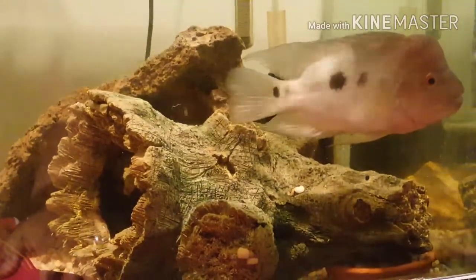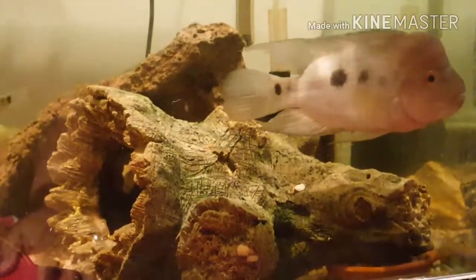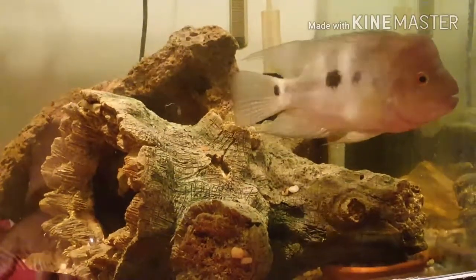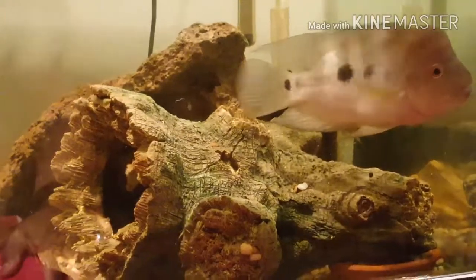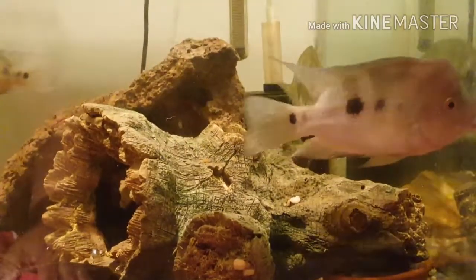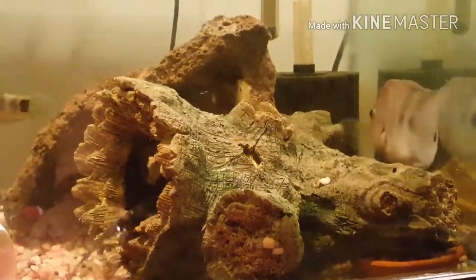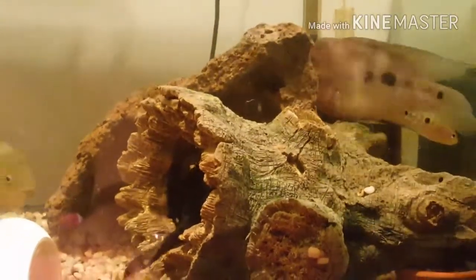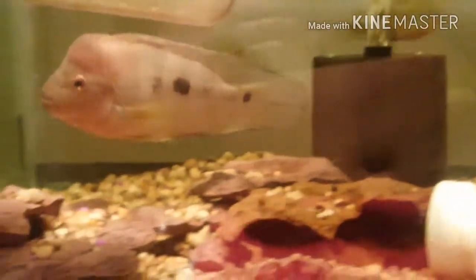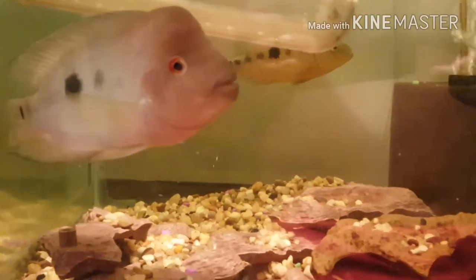he had a guy who works at the university who studies fish and the Amphilophus species in particular, and he went to do some collecting, and he came about an island on Lake Nicaragua, the Crater Lake, and supposedly it's an island somewhere located on that lake, and behind that island was a shallow, muddy area, and he was able to collect some fish there, and the fish that he collected were the fish that you see right here,